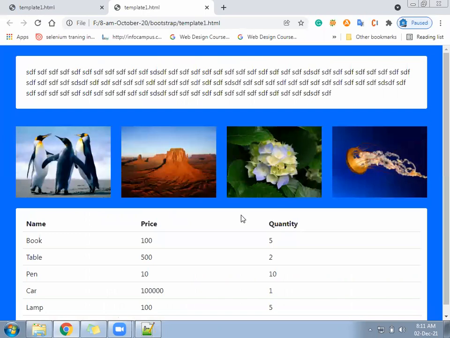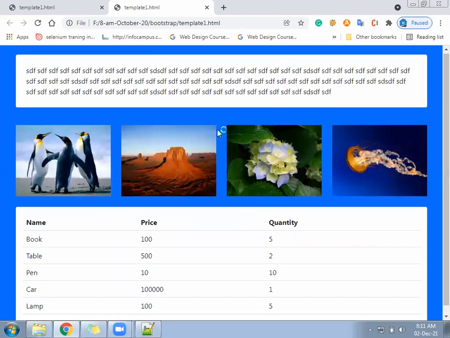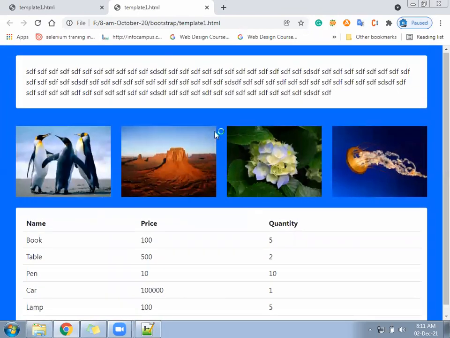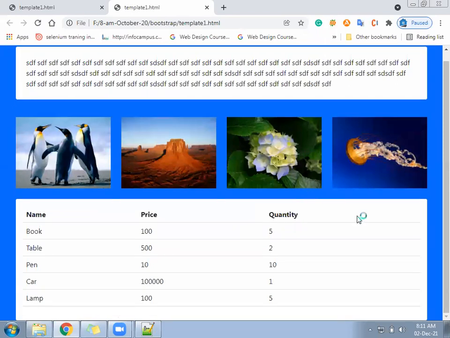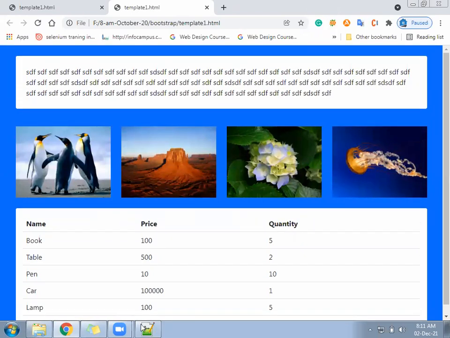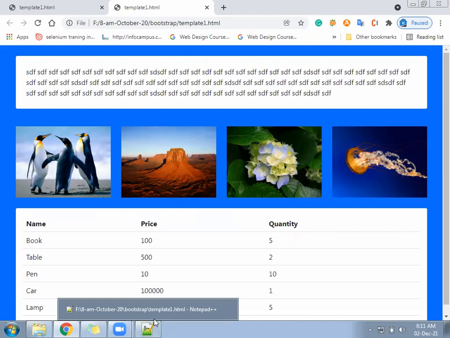This one was the basic template. In that table, padding, margin, image tag, image classes, table classes, rounded, all was revised. Now we are going to work on next feature, that is called list group and card.